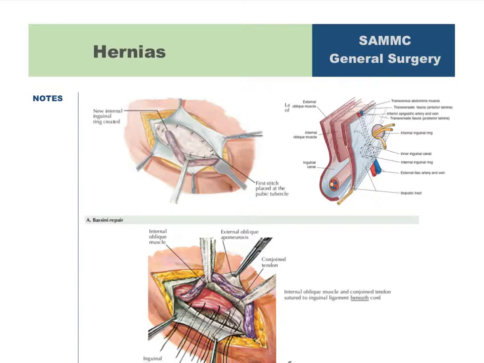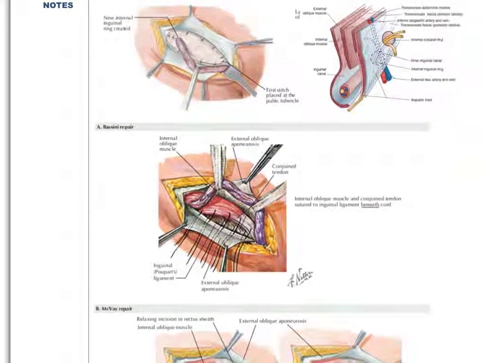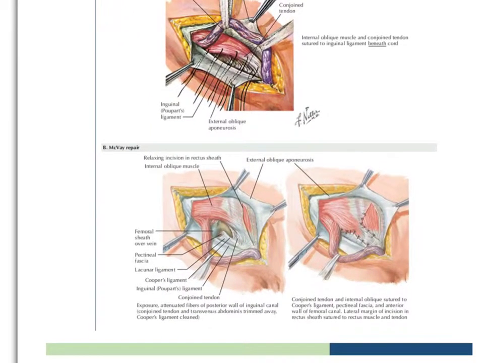Despite the fact that tissue repairs are not as common as they used to be, I did want to show you a couple, as they are still certainly applicable in cases where you can't use mesh. The Bassini repair is one in which the internal oblique muscle and conjoint tendon are sutured to the inguinal ligament and beneath the cord. The McVay repair